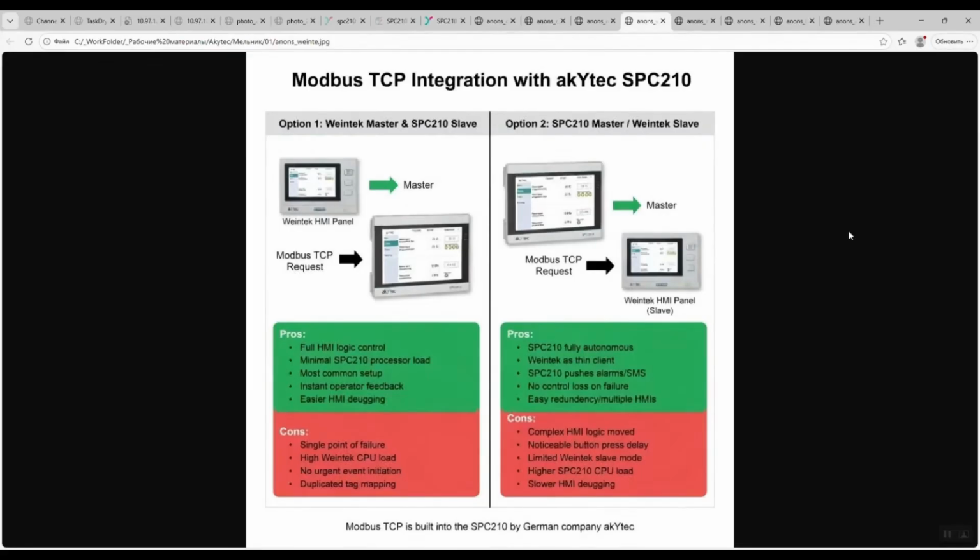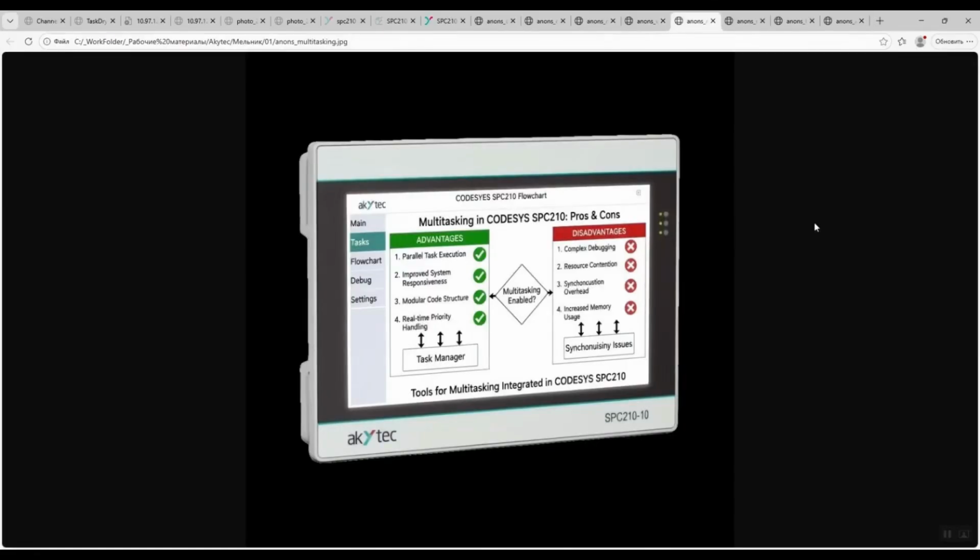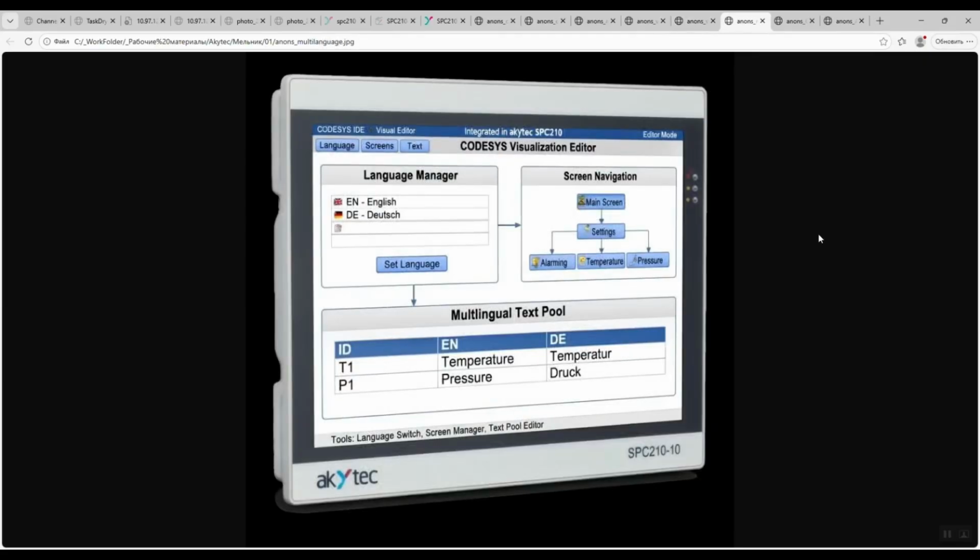What are the advantages and disadvantages of the Modbus master and slave modes of the WineTech operator panel when used together with SPC 210? What are the advantages and disadvantages of multitasking in CodeSys? How can you use the visualization editor in CodeSys to create a multilingual project and set up screen navigation?